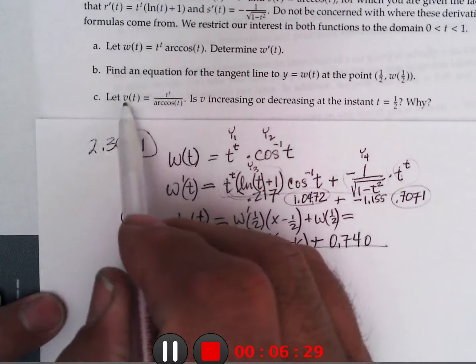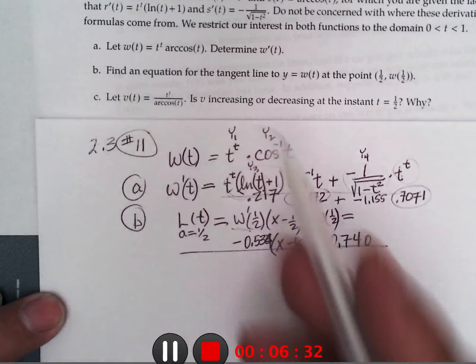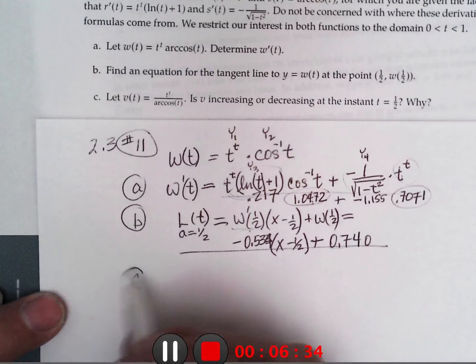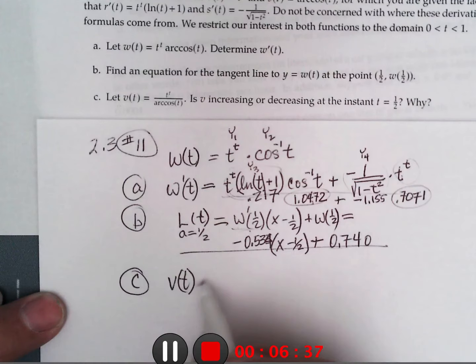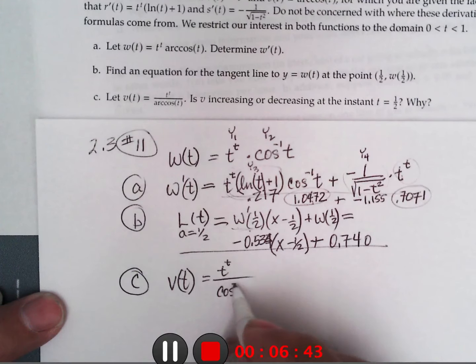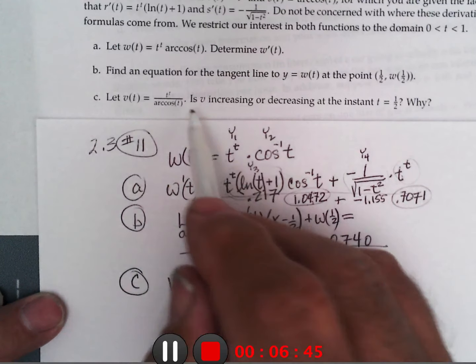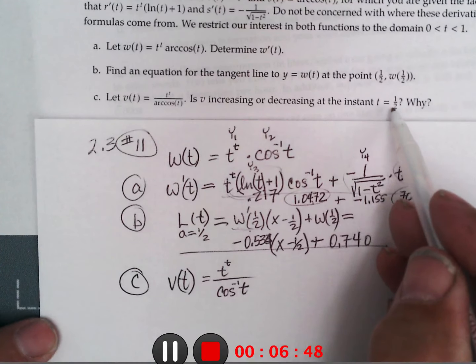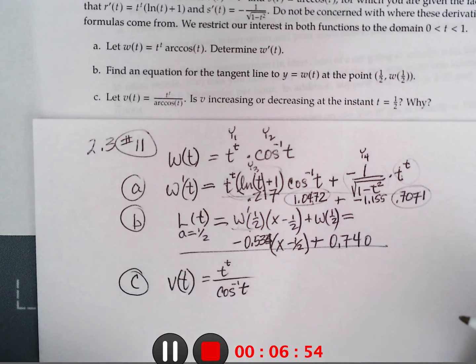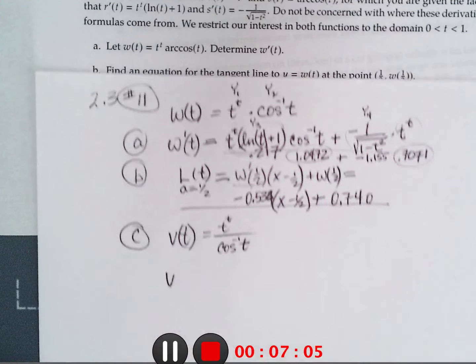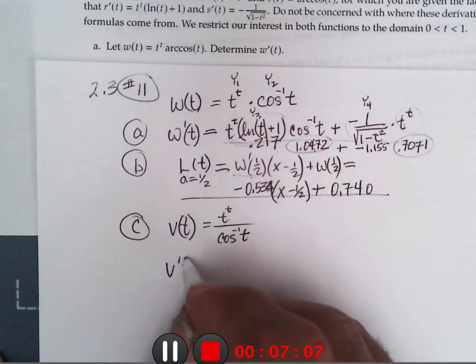Now, if v of t is this quotient, t to the t over cosine inverse of t, you've got to find out if it's increasing or decreasing. So we want to know whether the derivative is positive or negative. Positive, it would be increasing. Negative slope would be decreasing. So we've got to find the derivative of this. So v prime of t would be